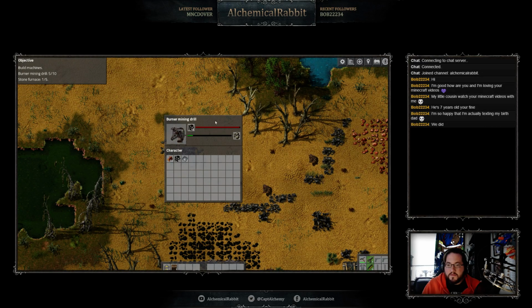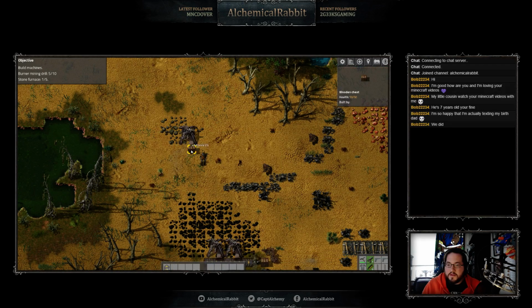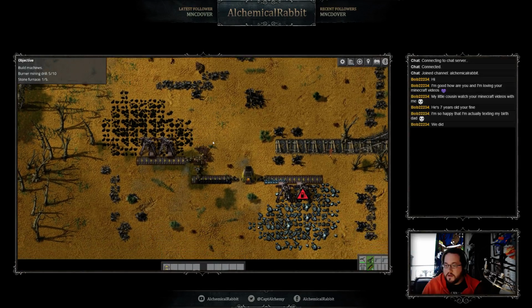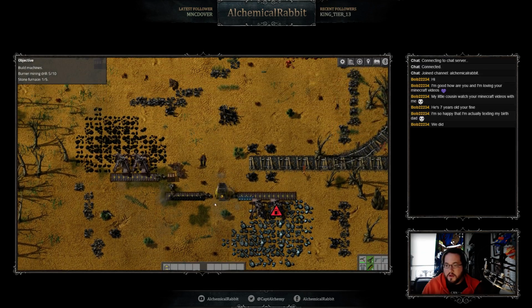Let's take half of these. Alright, so that'll start cooking. Let's take this, put that there, so that'll at least start collecting stone for us. Alright, so it actually wants me to build 5 burner mining drills and 4 more furnaces. So we'll put the furnaces...